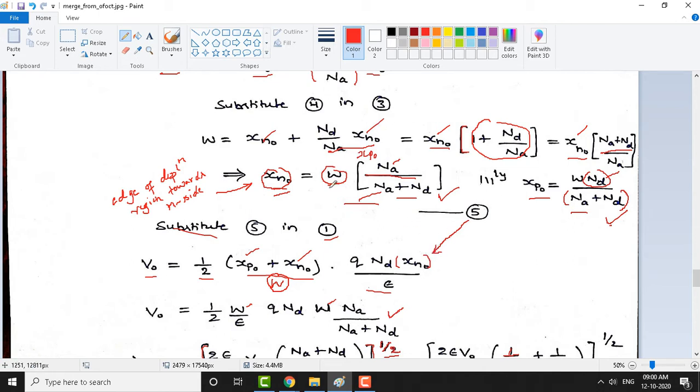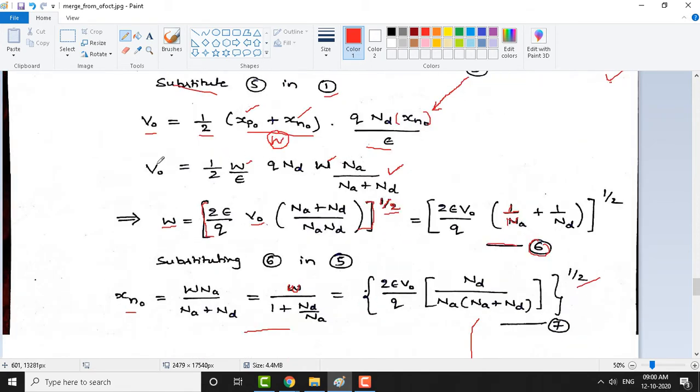This xn naught we already know in terms of W, so you can substitute here. So you get the built-in potential equation as half into W by epsilon into q Nd W into Na divided by Na plus Nd. This is one equation, and we can also